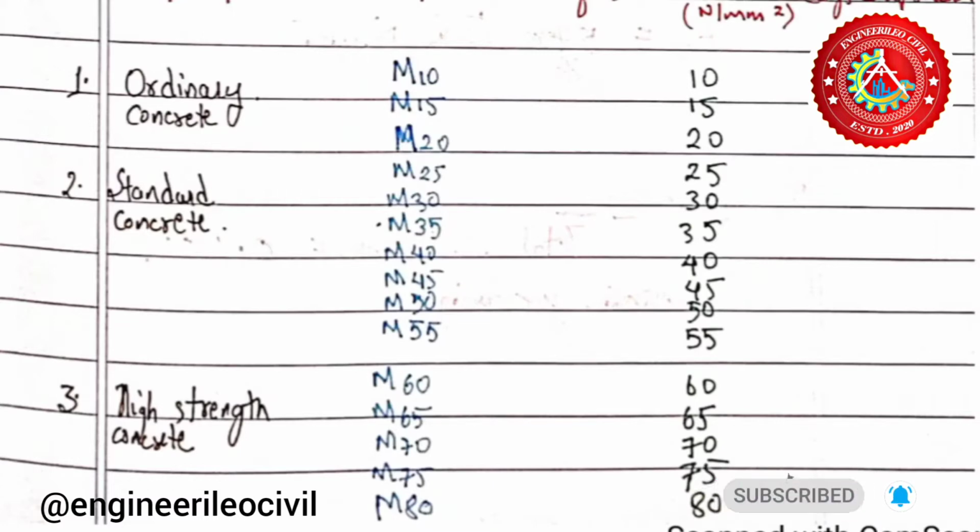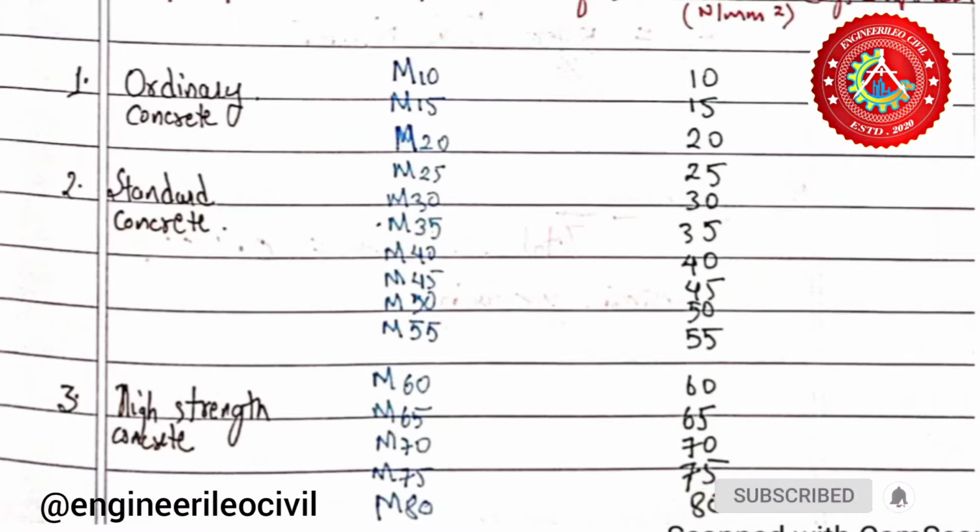Characteristic strength can be defined as the strength in Newton per mm square of material below which not more than 5% of the test results are expected to fall. So here's the table given. There are three groups: ordinary concrete, standard concrete, and high strength concrete, with each grade M10, M15, M20 as ordinary concrete, M25 to M55 as standard concrete, and M60 to M80 as high strength concrete, which is used in different